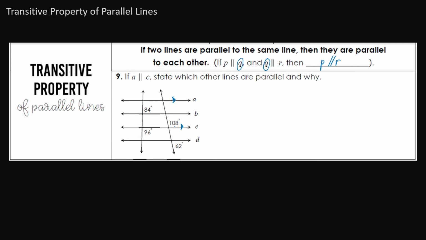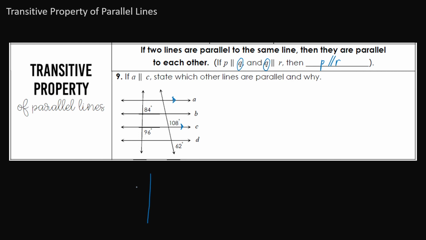So I need to look at some angle relationships here. If I am taking a look, I am seeing a pair of consecutive exterior angles. Notice the 84-degree angle and the 96-degree angle. If I redraw this,